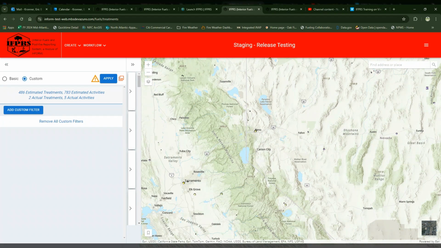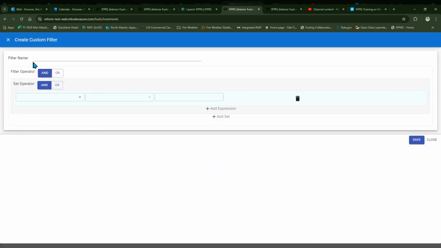So that is a real basic rundown on custom filters. If you wanted to add one, all you would need to do is hit add custom, and then you can name it whatever you need to name it. This filter operator is how individual sets function amongst themselves, and then the set operator is how each individual expression functions